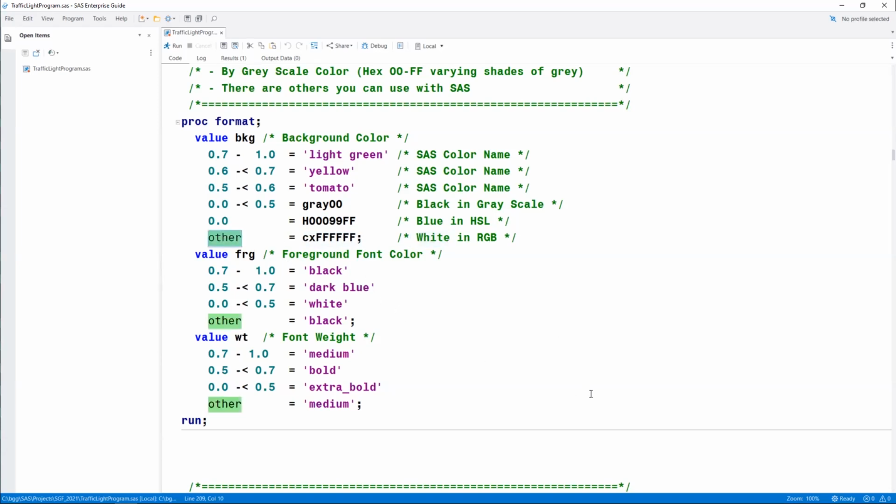Now, you'll note there's a keyword other in the proc format, and that just means if I encounter a value that's not part of what I expressed here, then all other values will have a white background, okay?